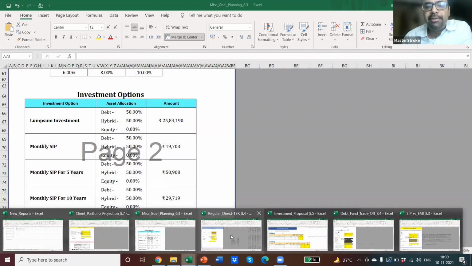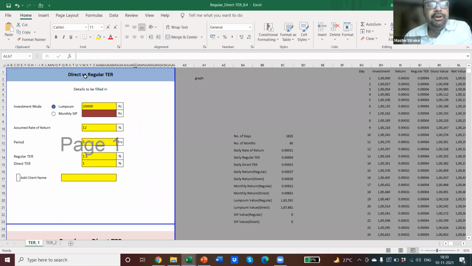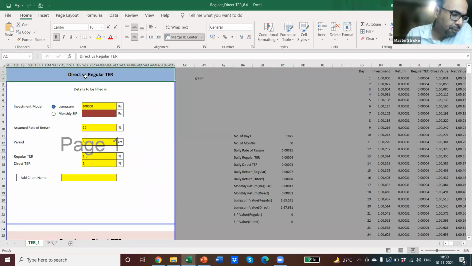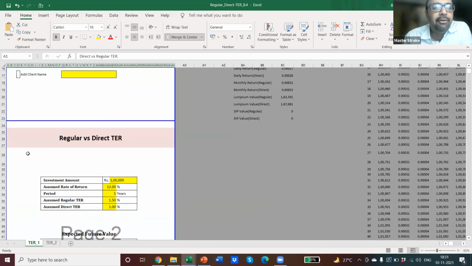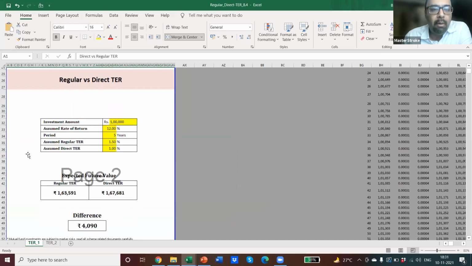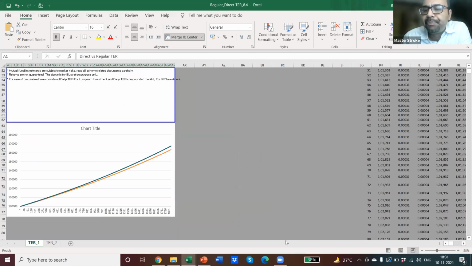Another calculator that we are coming out, which you may want to use, don't want to use, is a direct versus regular TR. There are so many, so this is for RIA as well as MFDs. So you come across some mutual fund companies, some platform compare the commission rates as 1%, 1.5, even 1.75%. You can actually take the right number and you can do the calculation yourself, that what is the difference between direct and indirect and what impact it creates in the next 10, 15, 20 years. We are giving you all the tools.